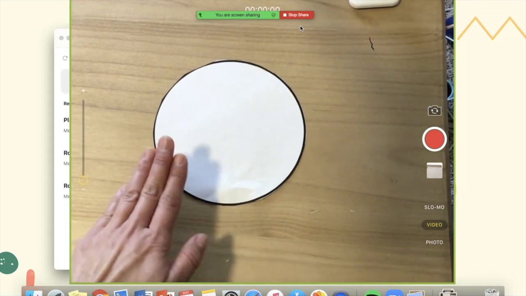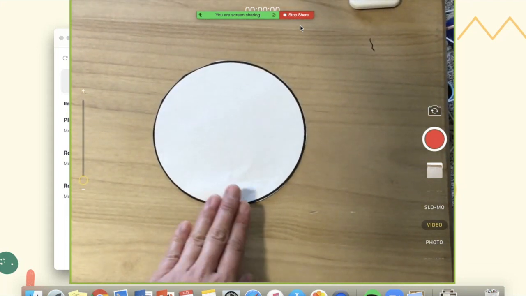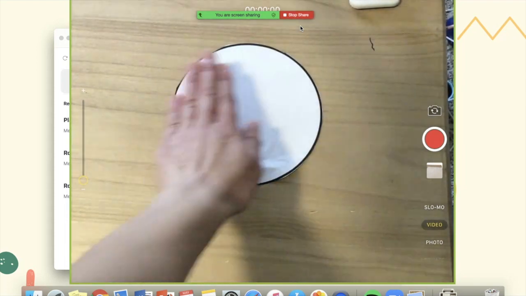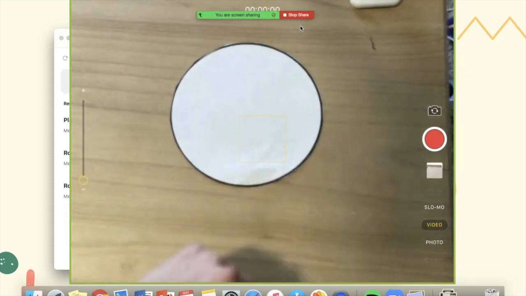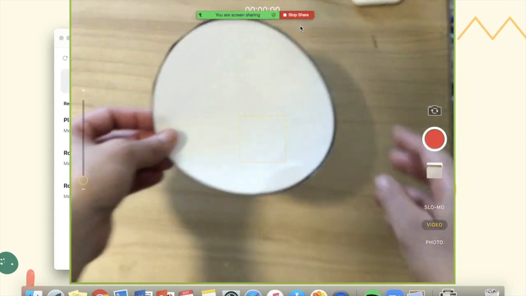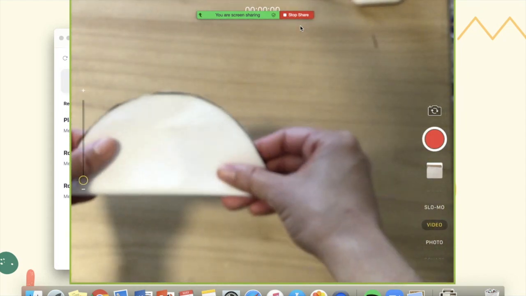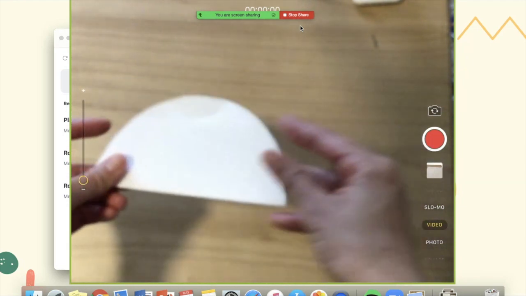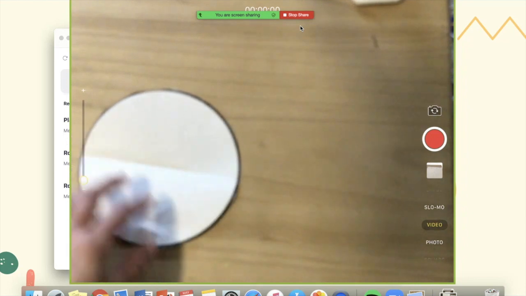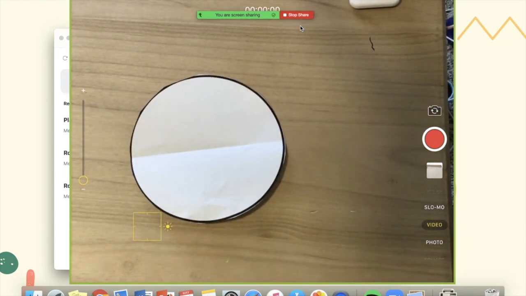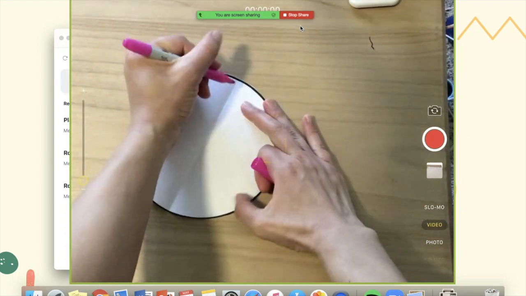So now I have my circle, and as you can see, just like the piece of paper, this is one whole, because it's a whole shape. Okay, we don't have any parts yet. So now what I'm going to do is fold it in half. There we go. And now I'm going to draw a line down the middle